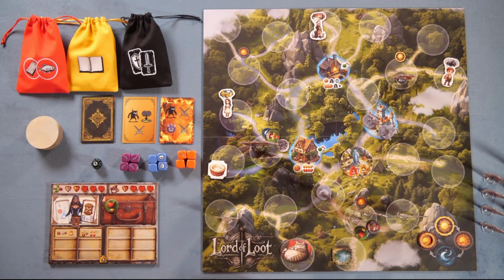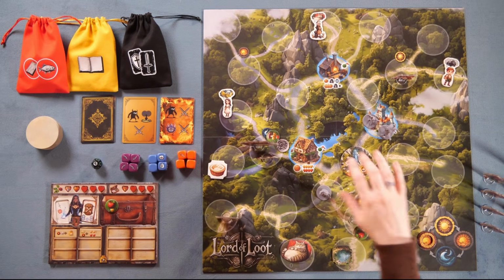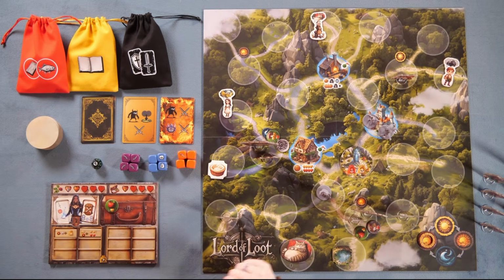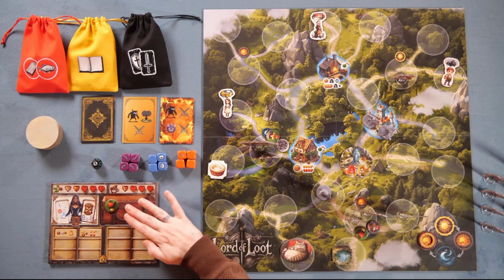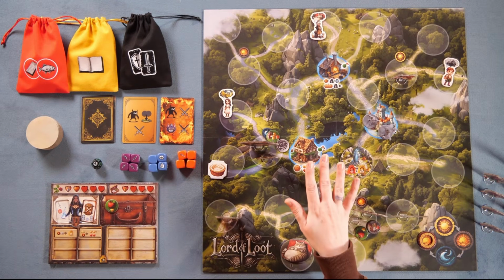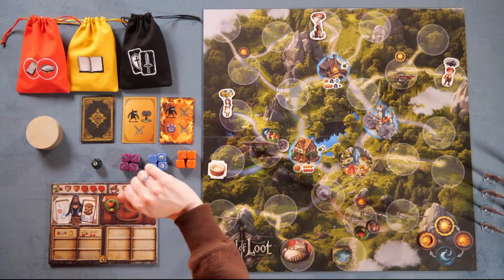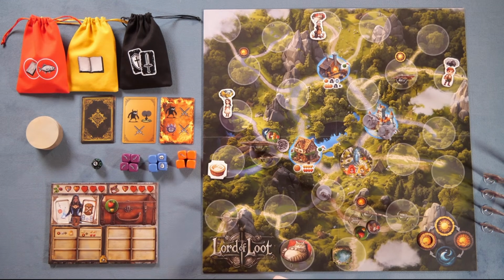Now, ultimately, what you're going to be doing is using your actions to move around the board, uncover tiles like this that are going to get you stronger and stronger, because you're going to need things like food just to make it through the day. You're going to want things for like first aid to help heal anything bad that happens to you, but there's also weapons and shields and spells for you to be digging through and getting to upgrade your character and be